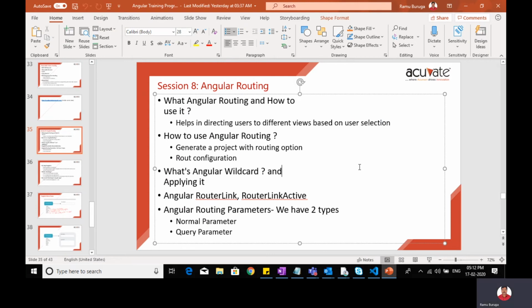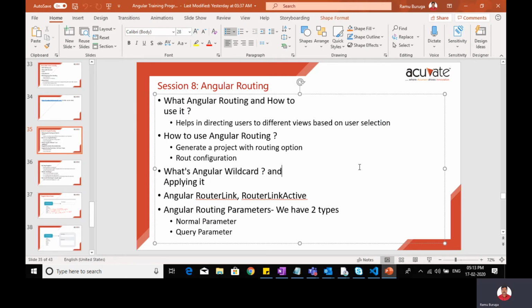So when we move from one component, one page, to another page, there are some actions we can also take on those routing actions, like sending values from one screen to other screens. How can we pass the values from one screen to another?